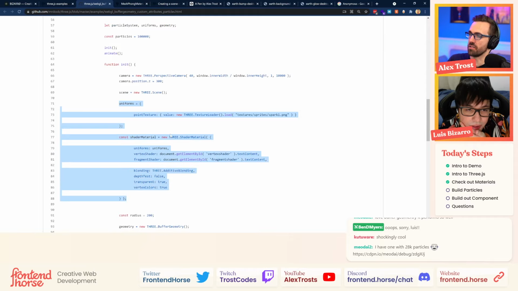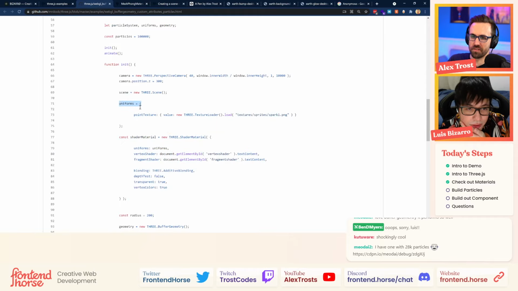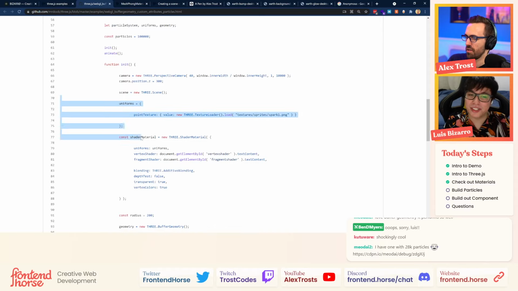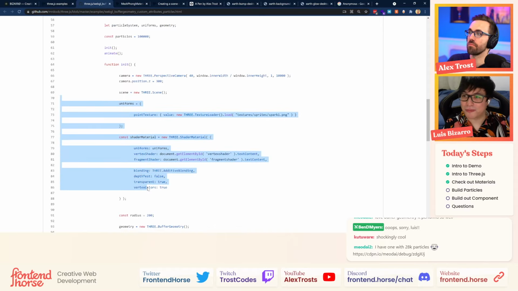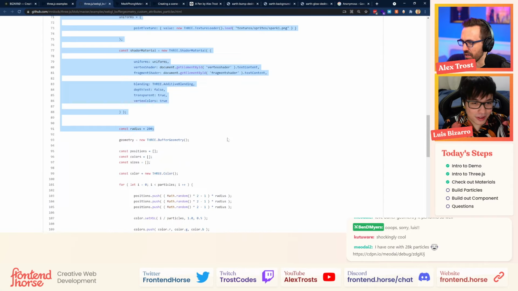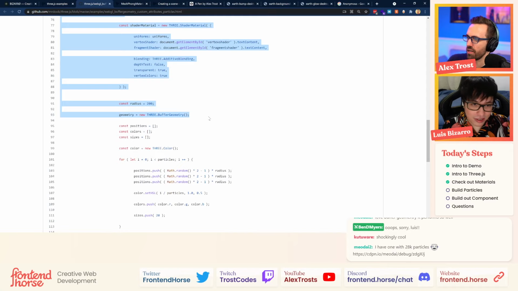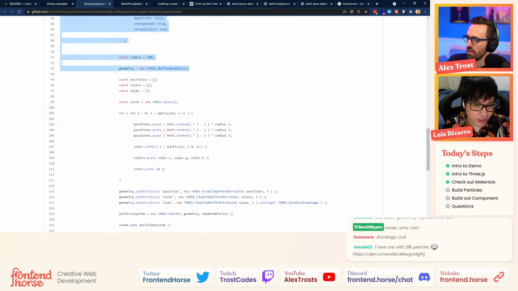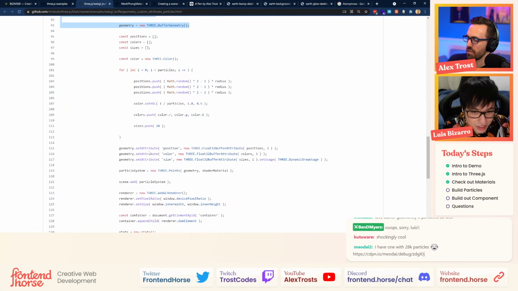Cool. Because it's going to make a shader. I've done some shaders with GLSL, so like the uniforms get passed through to the shader, right? Yeah, exactly. This is going to be the texture that you're going to apply to the particles. Awesome. Oh, and there's a spark one, so we're going to need to grab our own sparkle texture or whatever. Cool. All right. Anything else? The geometry, right?